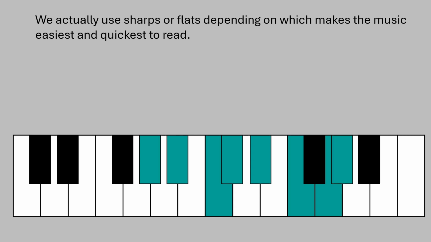Okay, so we're going to complete 2 enharmonically equivalent scales, G sharp major and A flat major, and then we're going to see which one is the quickest to read and understand. The first 2 notes are fairly easy to understand. The first note can either be called A flat or G sharp, so let's add these notes to the start of our scales. The second note can either be B flat or A sharp, so let's add these notes to